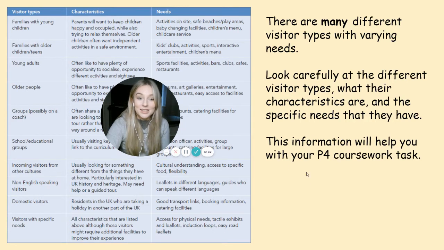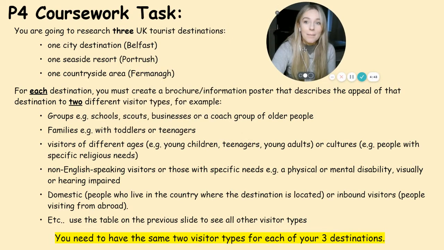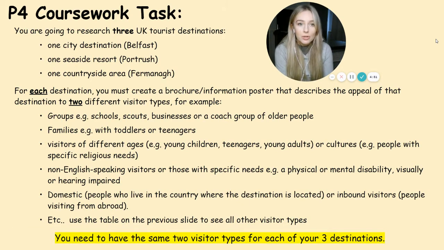So we'll come back to this in a second. I'll show you what you have to do with this. So this is the main piece of instruction that you need for your coursework. So I've said P4 coursework task, you are going to research 3 UK tourist destinations, and I have given you